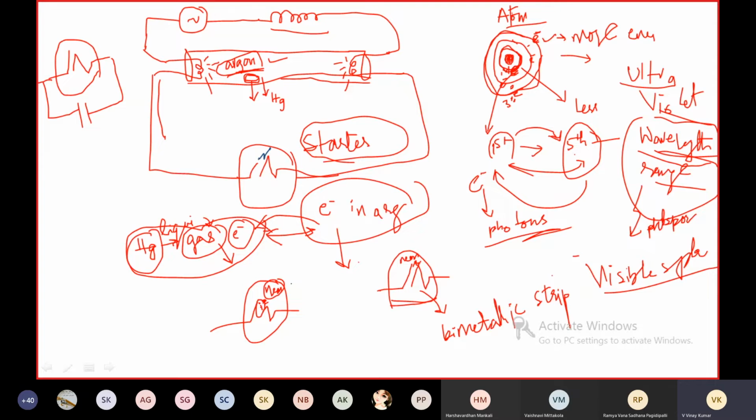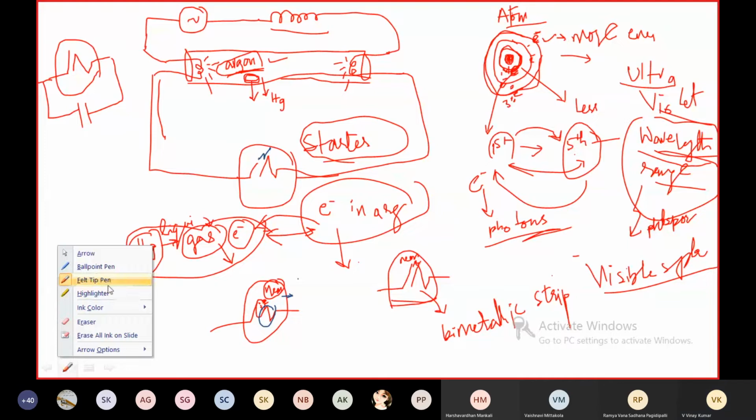When this bulb is glowing, heat will be produced. Because of the heat produced by this bulb, it bends this bimetallic strip. Initially, because of the initial current,